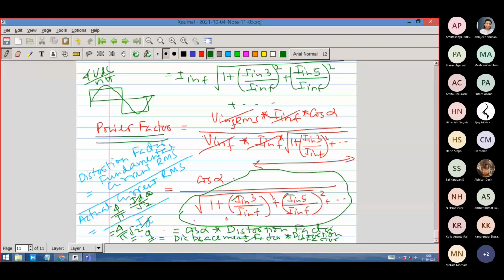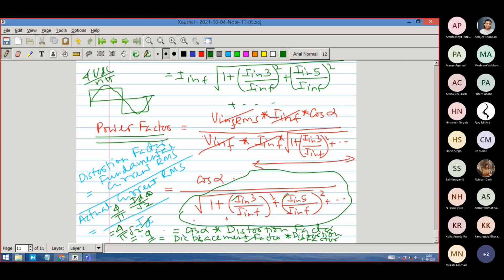One point of view is by integration, which is not so difficult in this case because the current shape is ID. Or the other way is by calculating the fundamental component of the current. So that is the fundamental component of the current into cosine of the firing angle alpha. So cos alpha now implies a new thing called a displacement factor, because here you are defining the power in terms of the fundamental component.